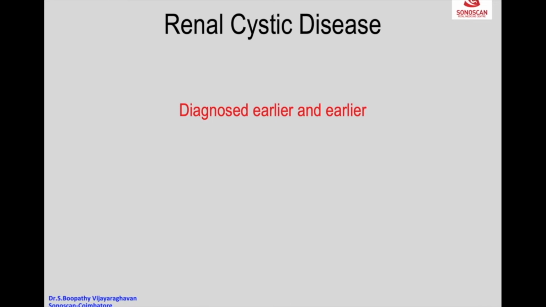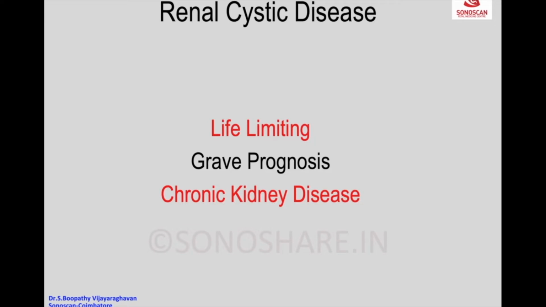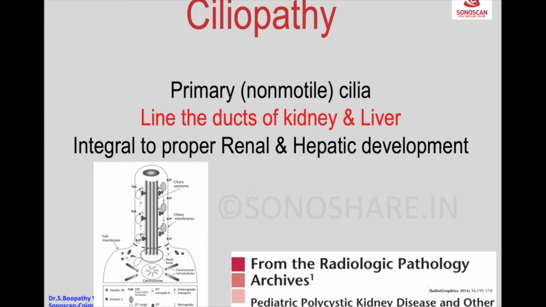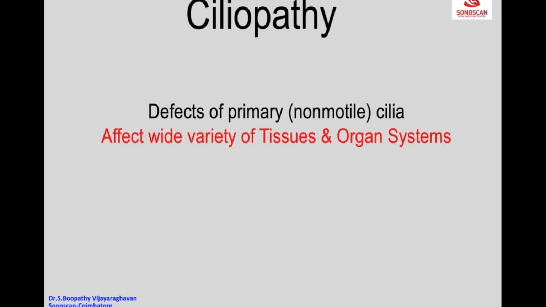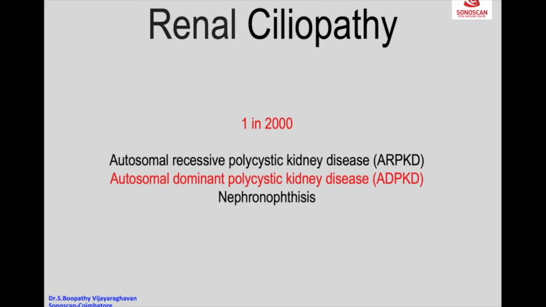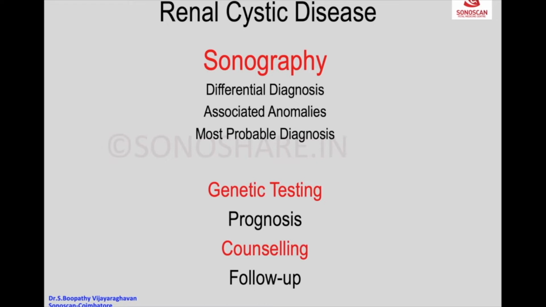Now, renal cystic disease is diagnosed recently. Renal cystic disease can be life-limiting or forms integral to proper renal and hepatic development. So, this ciliopathy is due to defects of primary cilia, affecting a wide variety of tissues, kidney disease, autosomal dominant polycystic kidney disease, nephronophthisis, and also the patient and the family, and of course follow-up of the disease where it is